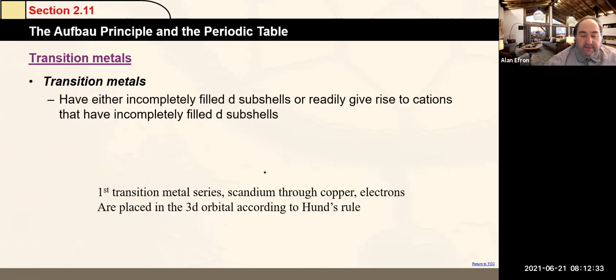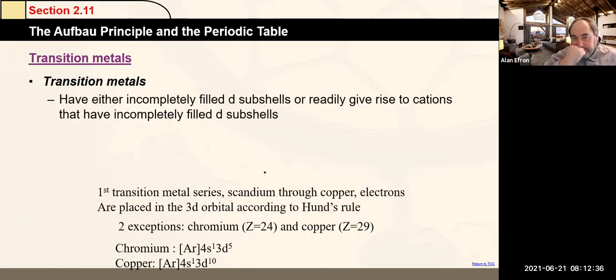Now, transition metals have, as we saw, basically the d block. So they have incompletely filled d subshells, or they give rise to cations that have incompletely filled d subshells. When we talk about transition metals, which again was that purple area on the chart,